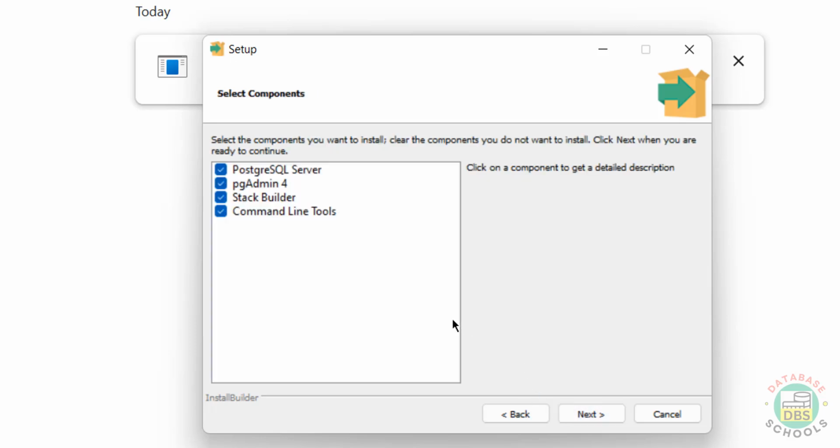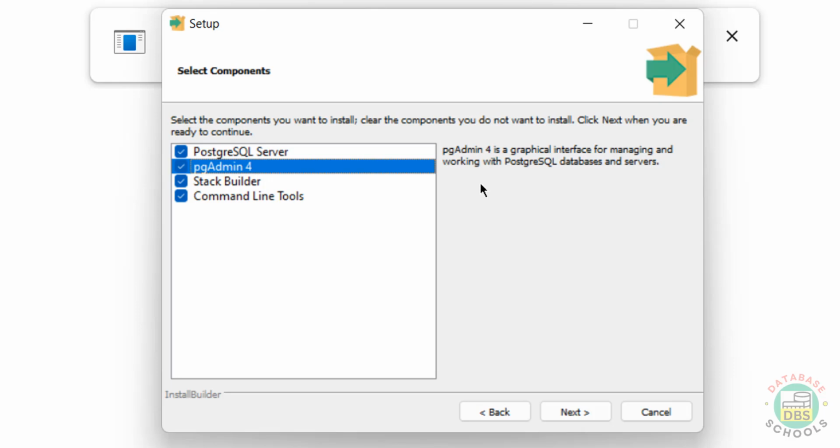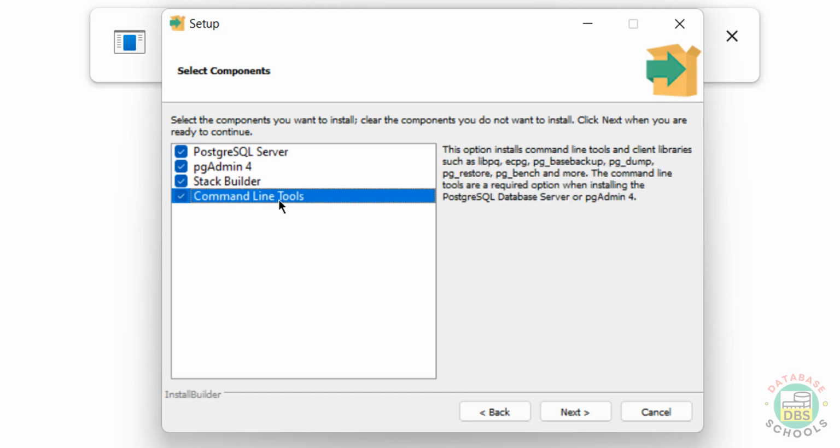Then click on next. See, it is going to install these 4 components. PostgreSQL Server, pgAdmin. pgAdmin is the GUI tool for managing and working with PostgreSQL databases and servers. Stack Builder is used to download and install additional tools, drivers and applications. Command line tools, see here we have pg_basebackup, pg_dump, pg_restore and many more command line tools. Okay, so I want to install all, so keep all the checkboxes as it is and click on